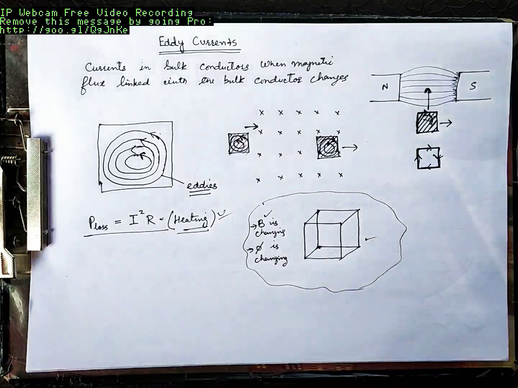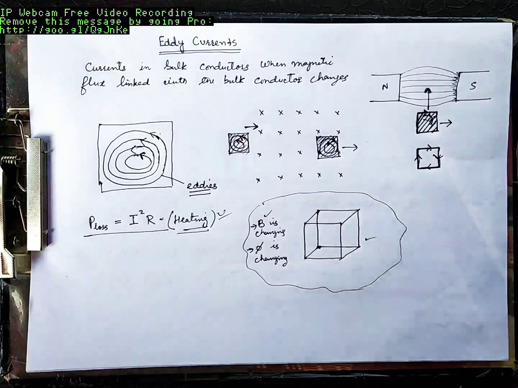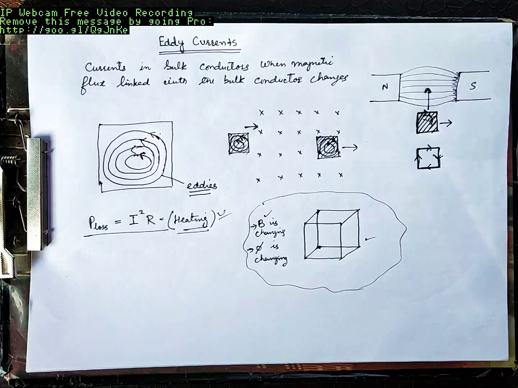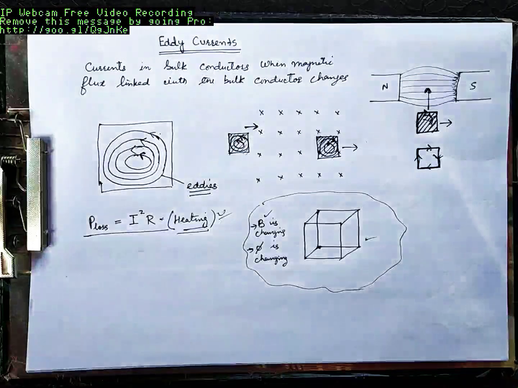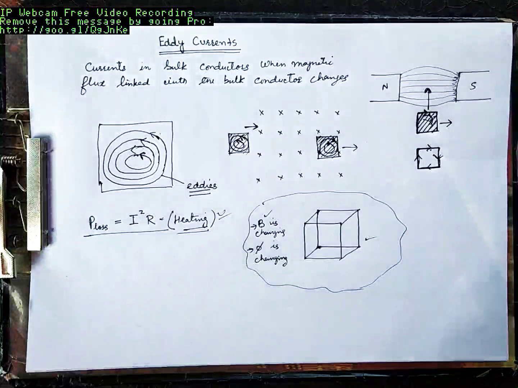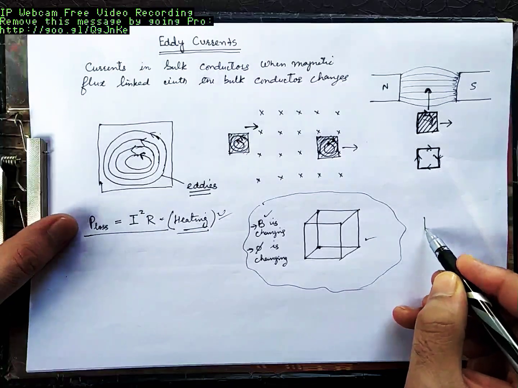Let me give you one more example. It will get more clear with that example. All of you are familiar with the transformers that we use in our places to increase or to decrease the voltage. In a crude form, we have not studied the transformer yet. We'll study the transformer in the next chapter. In a crude form, a transformer basically